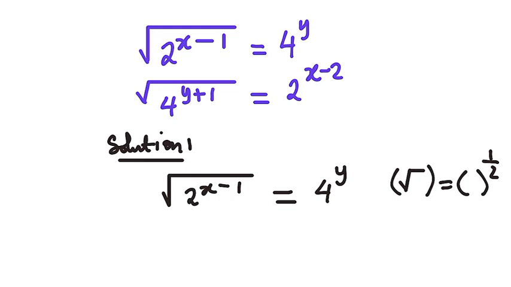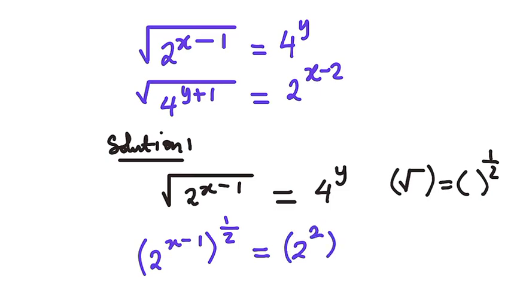So now from there we're going to have 2 to the power of x minus 1, then to the power of 1 over 2, equals this 4 here, which will be written in index form as 2 to the power